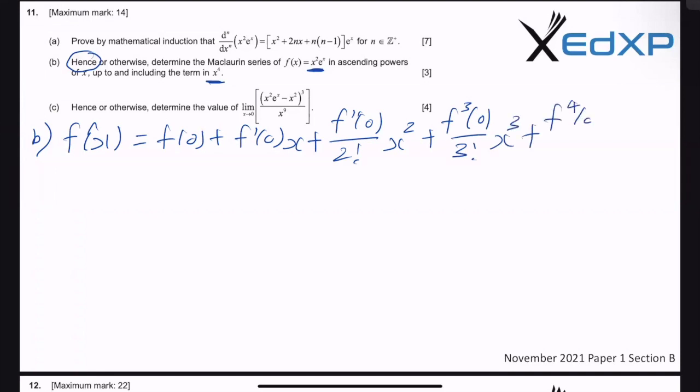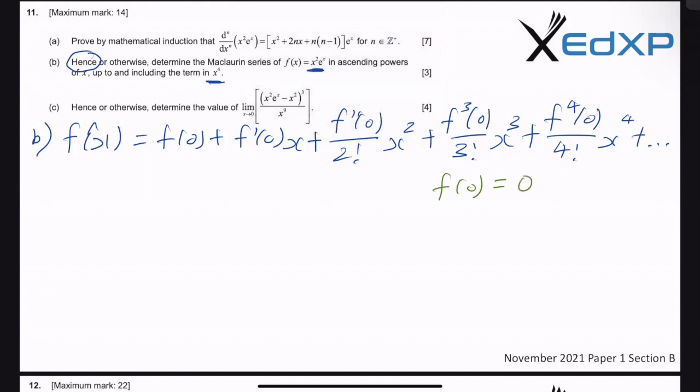We want to do it to the 4th derivative, 4 factorial x power 4, and we stop here. The problem is we want to find f(0), f prime 0, f double prime 0, so we want to find them individually. Let me use a different color. f(0), we can just sub 0 into our original x squared e^x function, and we will get